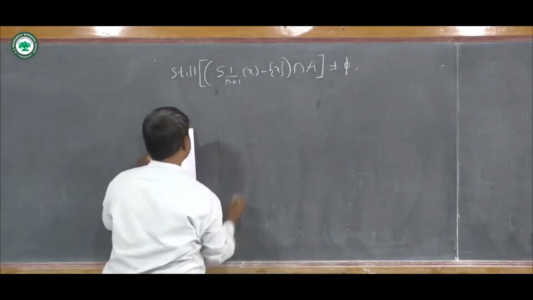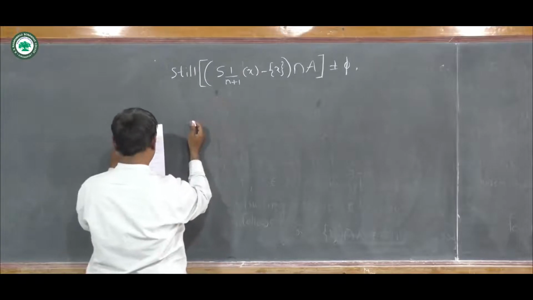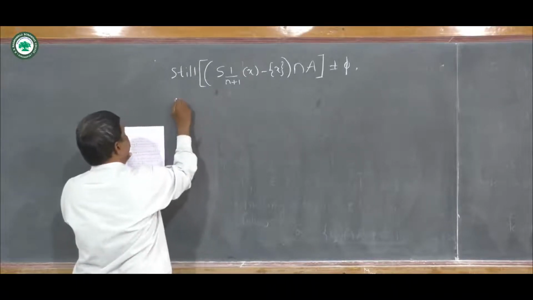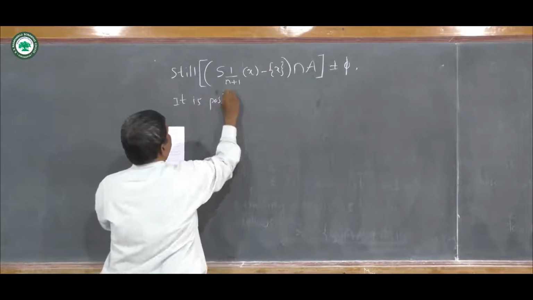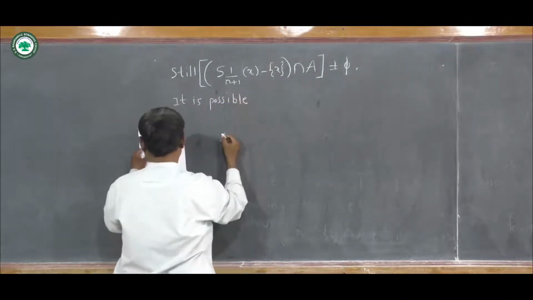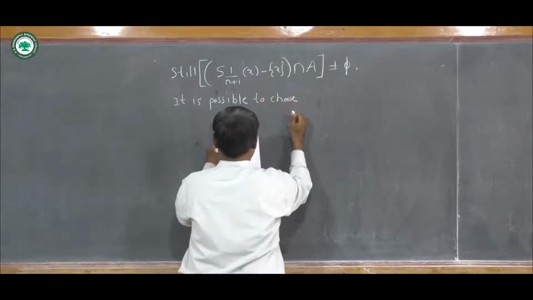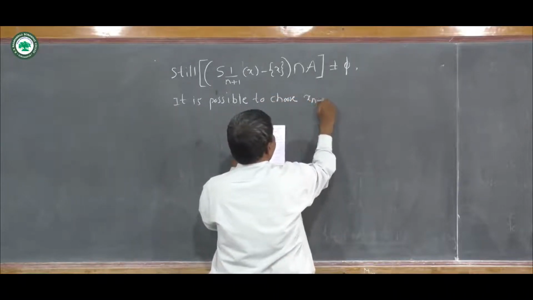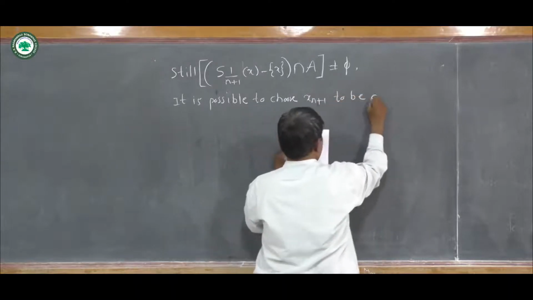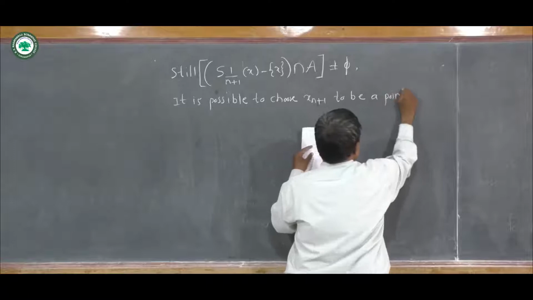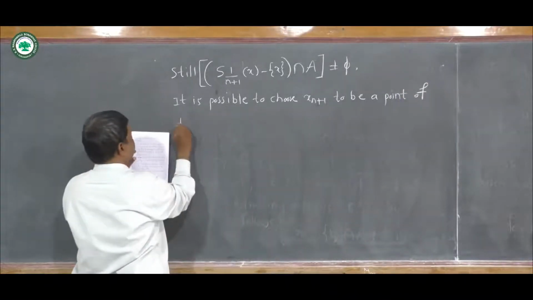Now still this set is non-empty because x is limit point of this set. So it means that here it is possible to choose x suffix n plus 1 to be a point of this set,